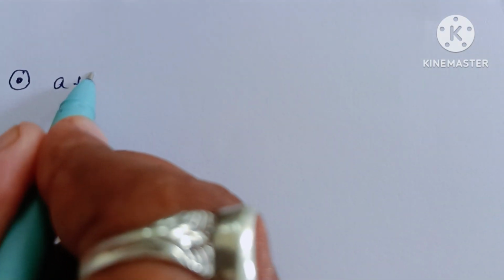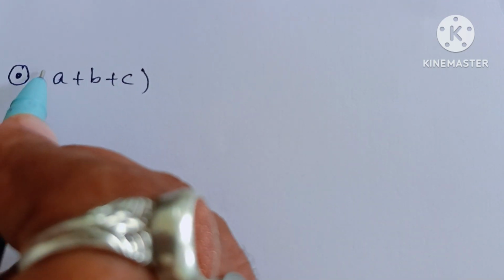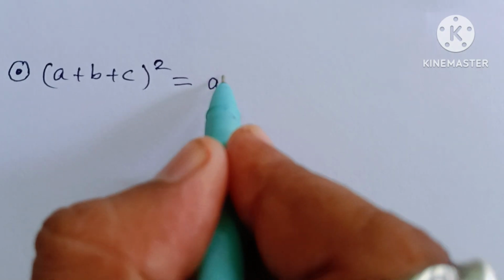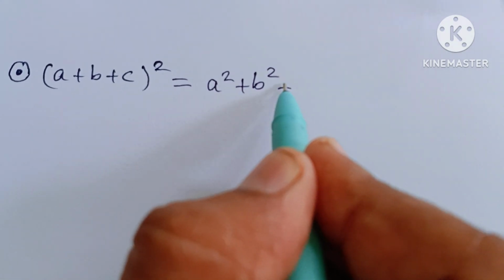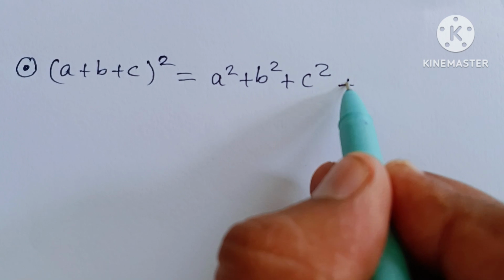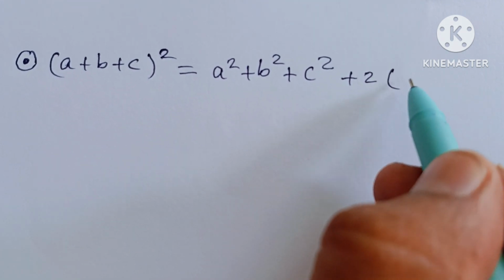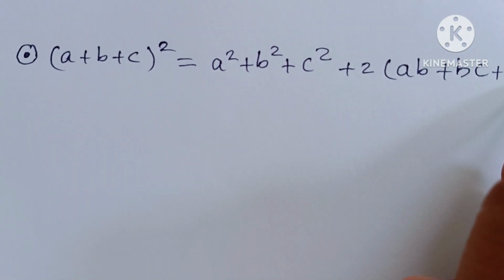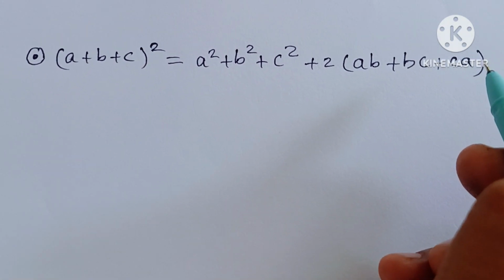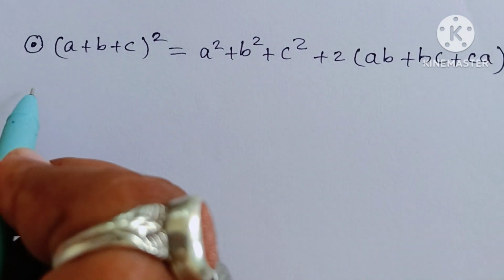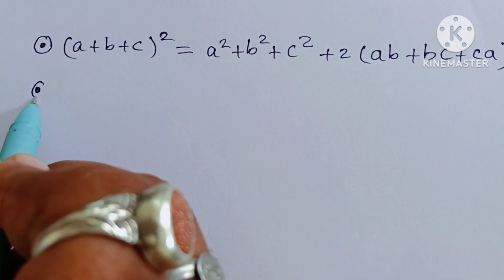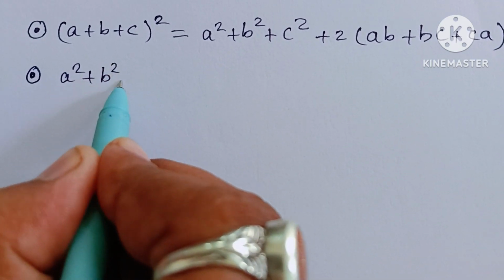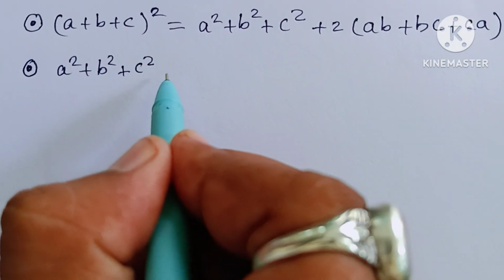(a plus b plus c) whole square equals a square plus b square plus c square plus 2 times in bracket (ab plus bc plus ca). This is the algebraic identity. Now we will see the next algebraic identity, that is a square plus b square plus c square is equal to